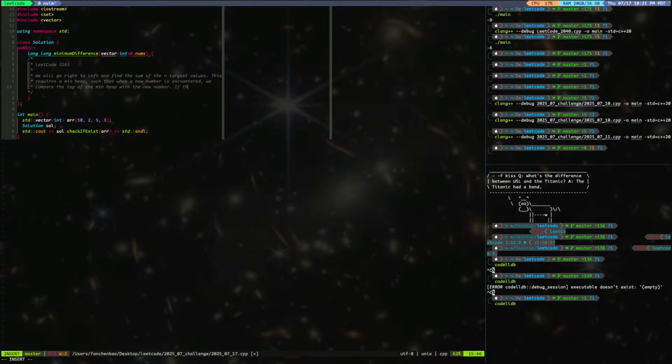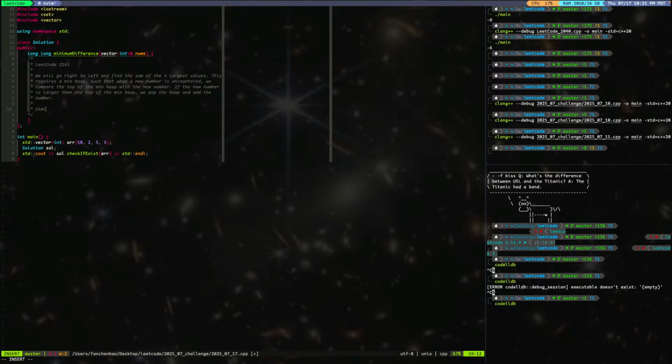If the new number is larger than the top of the min heap, we pop the heap and add the number. Similarly, we go left to right and find the sum of